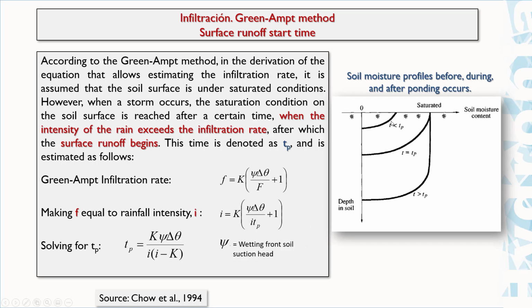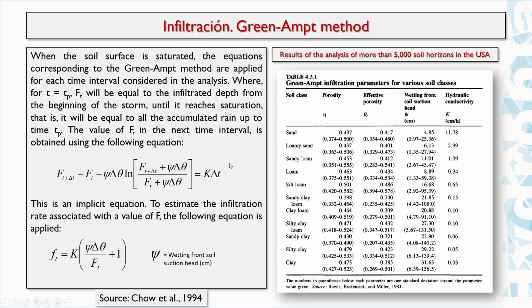Well, and then when T is less than Tp, we do not have saturated soil, but when T equals Tp, we are going to have saturated soil at the ground surface, and when T is greater than Tp, we have this wetting front moving downwards. And then when we have this saturated soil at the ground level, we can apply the general equation of the Green-Ampt methodology. The general equation says that the cumulative infiltration at time T plus delta T is going to be a function of the cumulative infiltration in the previous time step and the soil physics characteristics, and that can be